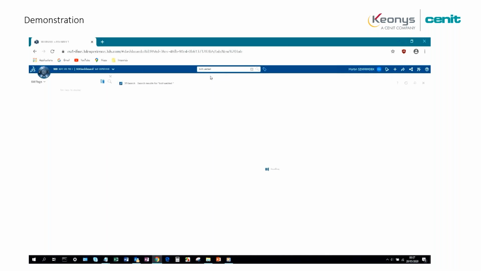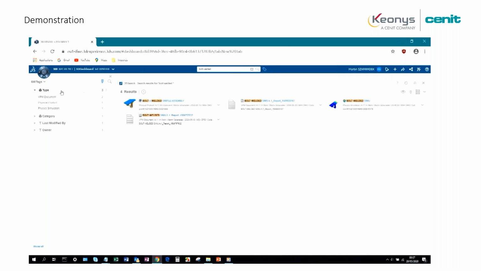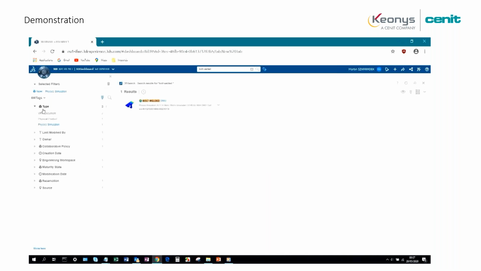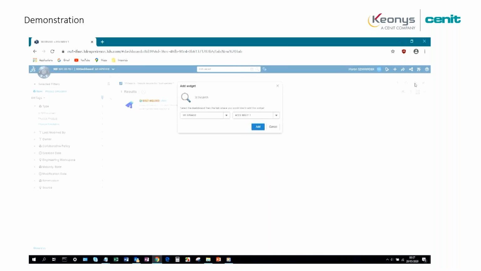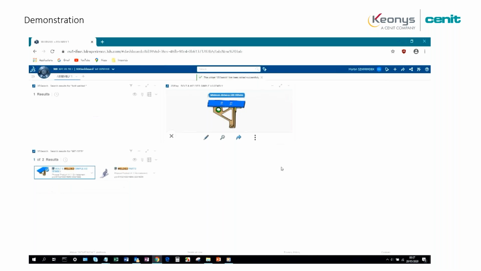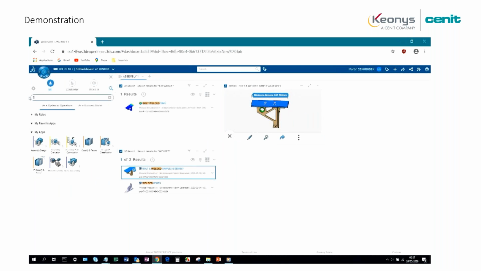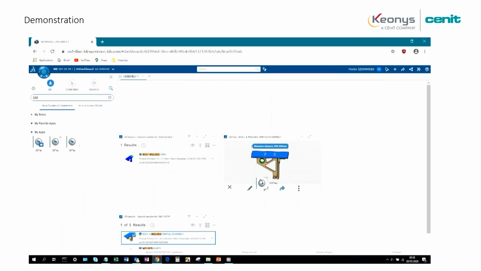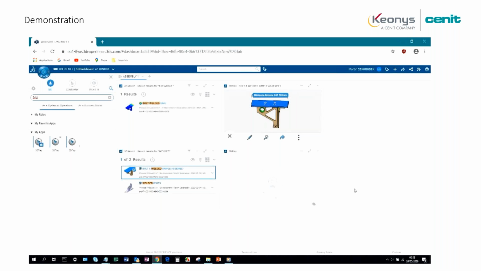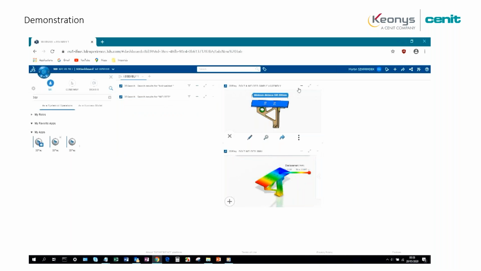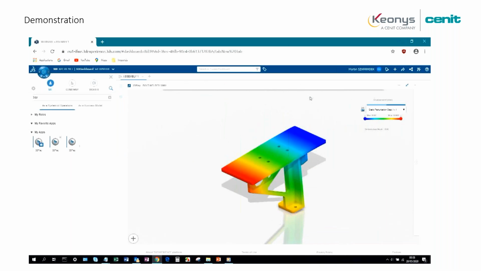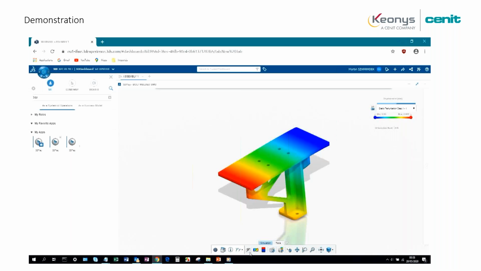So once you saved the simulation, you can access the simulation in the web interface. For example, if you are project manager or another designer and you want to see what has been done on the parts you are working on, you can look at the simulation results in the web interface. It means that you will use more or less the same tools that we see previously. It's called 3D Play, and instead of plotting the 3D part, you will plot the result of the simulation. So you will plot stress result, deformation result, displacement results, etc., etc.